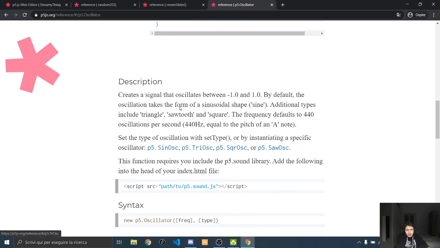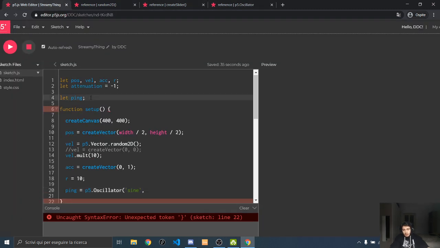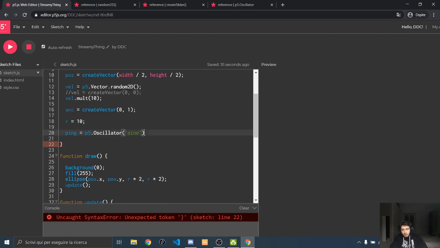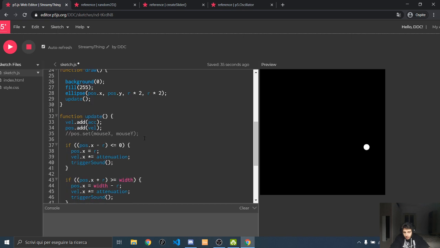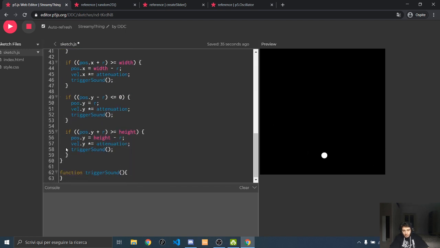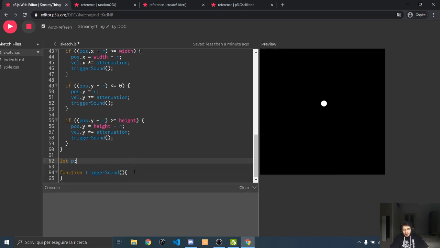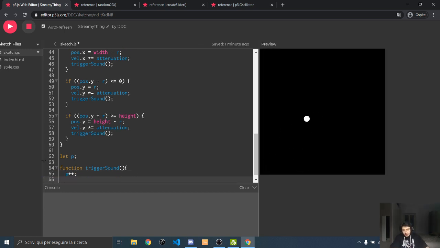Okay, so frequency and type. Okay, let's see. Okay, sine, and that's good for now. And now we can say let p, and we can say p plus plus. So we increment the